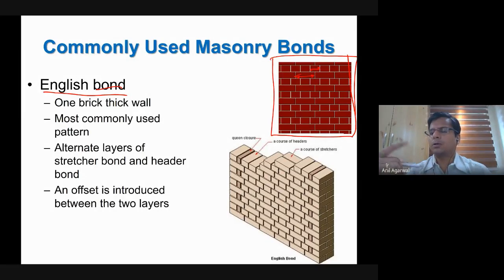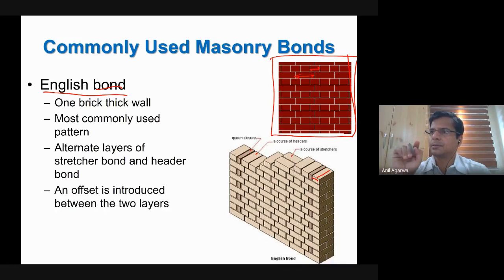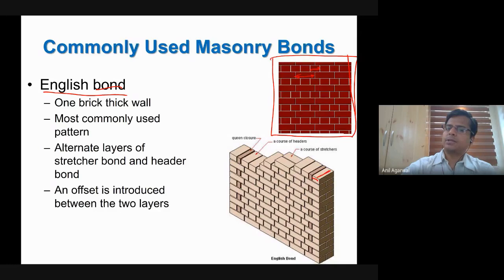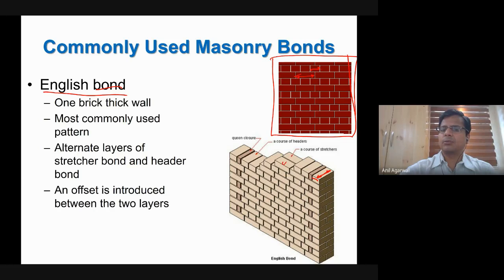Okay, now obviously what it means is that when the width of the brick is in the longitudinal direction, the length is in the perpendicular direction, that is normal to the wall, the plane of the wall. So that means it will be at least a one brick thick wall. So that is what is mandatory. So the thickness of the wall will be equal to the length of one brick. So one layer will be placed like this. The other layer, the second layer, will be placed by putting two bricks in this configuration.